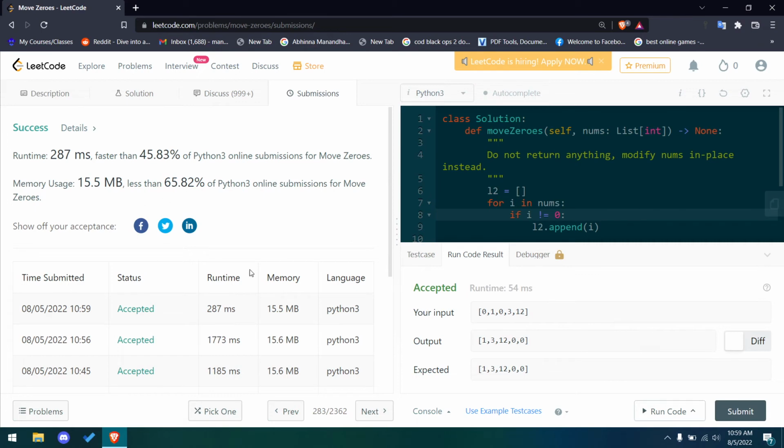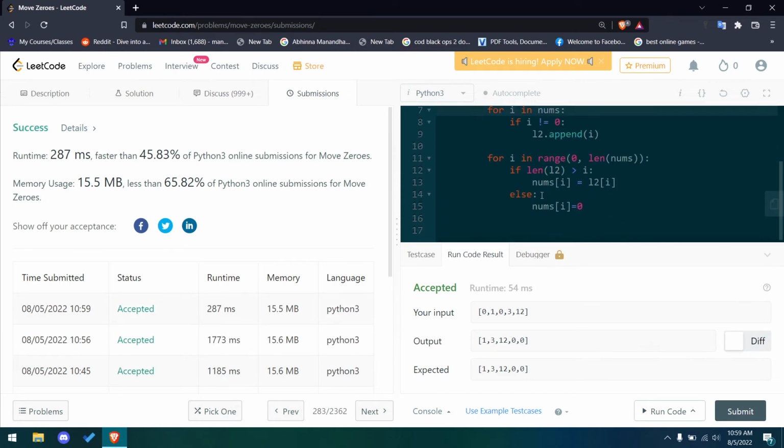As you can see, there is actually a really huge difference between the runtimes. This was a success too. The second solution, where we use the two for loops, has a runtime of 287 milliseconds, and the previous solution, where the code was pretty short, as we can see over here,